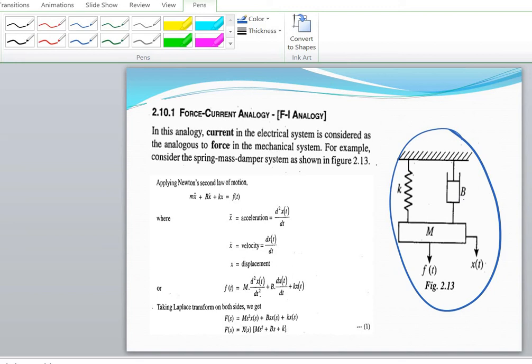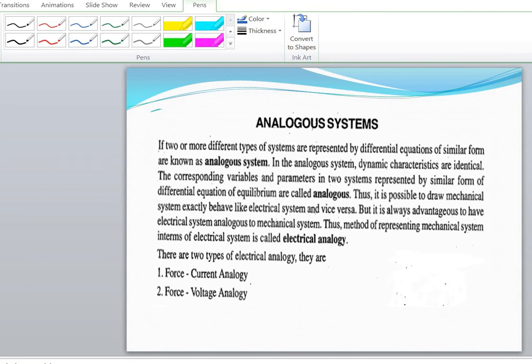Now coming to this slide. This is of importance to me because I have already solved problems on equivalent mechanical systems. Today's interest is analogous systems, that is, analogous means similar systems. So how can electrical and mechanical systems be analogous systems, how do you obtain the analogy between mechanical and electrical systems, and how do you convert a mechanical system into an analogous electrical system? That is the study of the further lecture.